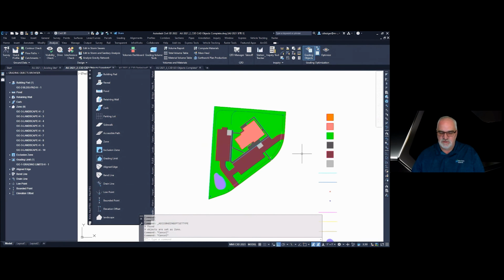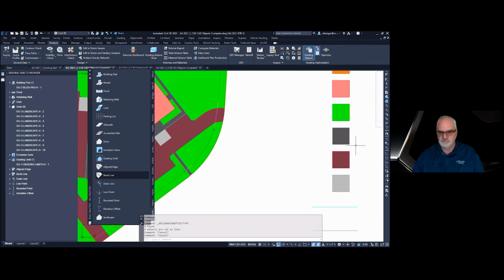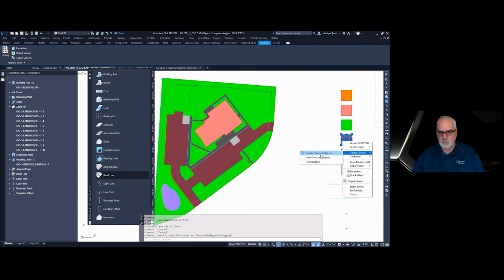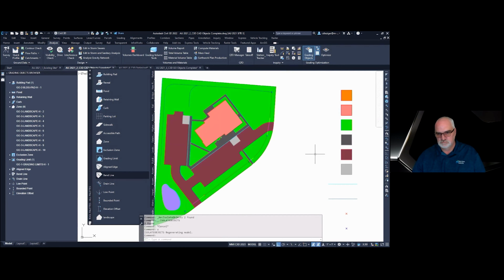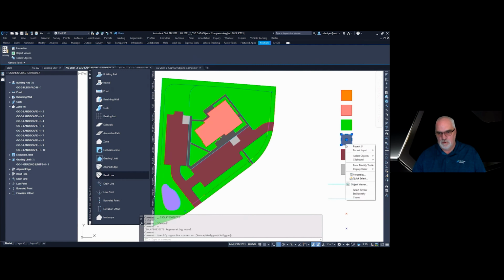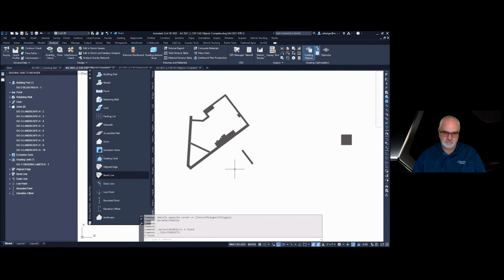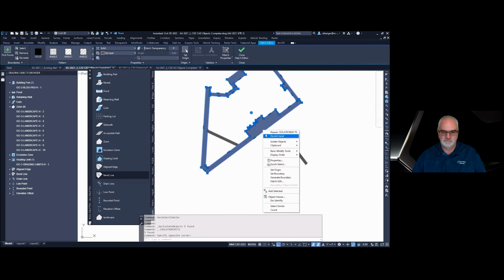The other types are pavement and sidewalk. So let's go ahead and do sidewalk first. So now I have sidewalk selected here.